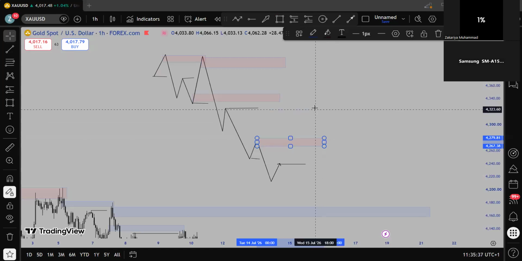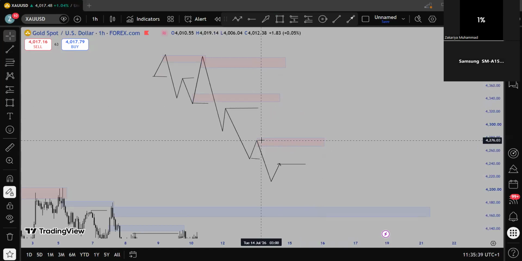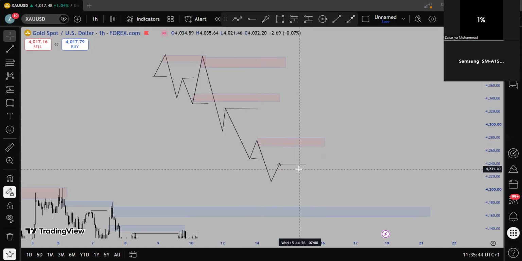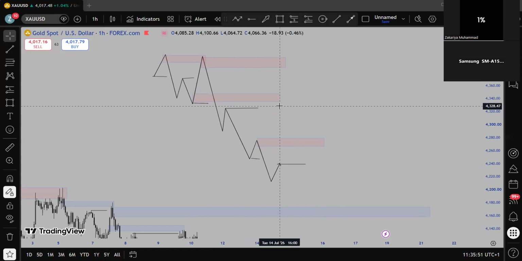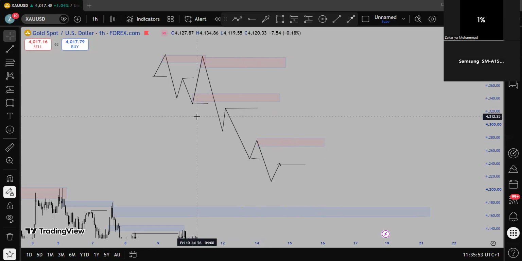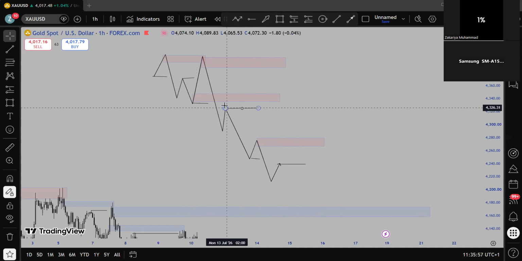This is not efficient. The market is not efficient, and this structure is not going to get respected. Why? Because you have an imbalance here. For the market to maintain this current pattern, it should come and mitigate any of these zones. And it hasn't, especially if it's a higher time frame, 1 hour, 3 hour, or 4 hour. You have these zones. The market has not taken liquidity.